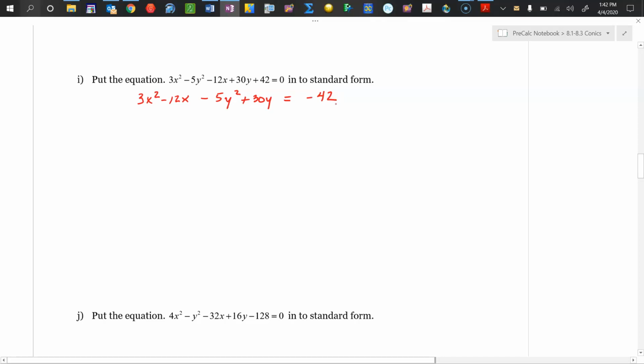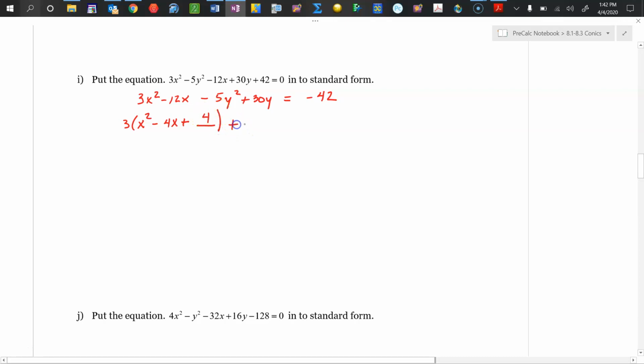You cannot complete the square until the leading coefficient is 1, so we're going to factor a 3 out of the x terms, x squared minus 4x. Remember, half of the x coefficient squared, so half of -4 is -2. Square that, we've got +4. Factor out a -5 out of the y term, so y squared minus 6y, and half of -6 squared is going to be +9. That is equal to -42 plus